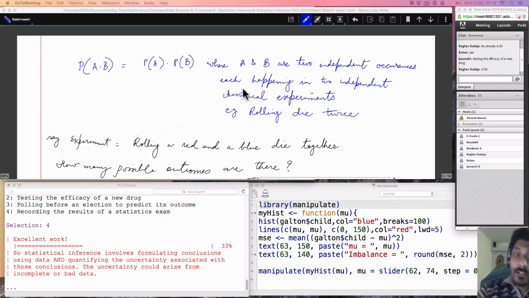So first of all, the rolling of one die is not dependent on the rolling of the other die. We know this. So they are totally independent occurrences, right? Now if they're independent, the probability of one is 1 by 6 into the probability of the other, that is 1 by 6. So you get 1 by 36, right? So that is another concept that you need to understand. We're just looking at all the different concepts and then building it up, okay?